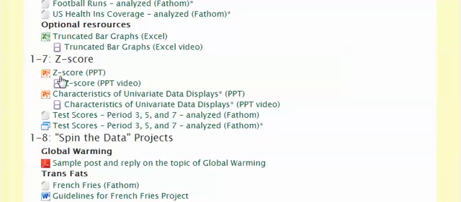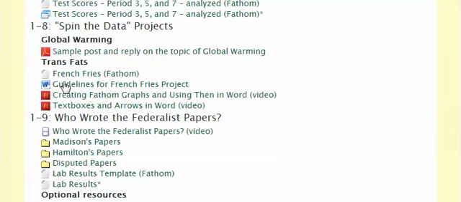Z-score is an imperative idea not only for this chapter, but it's used later on in the course, particularly in chapter 9. So this is a pivotal section for this chapter. The chapter ends with 2 different